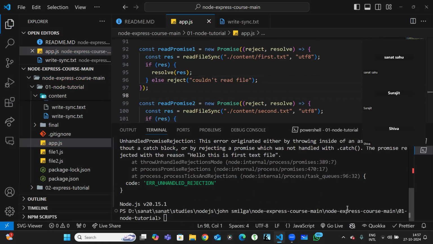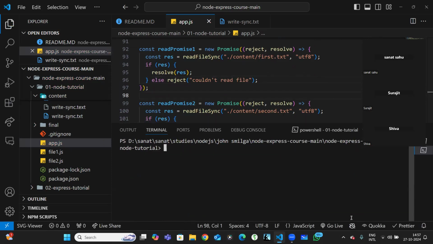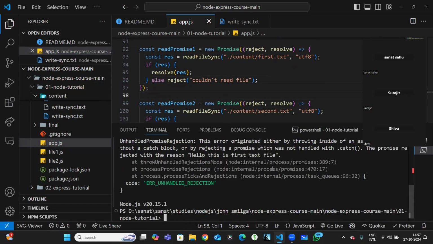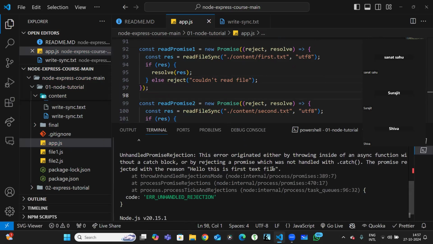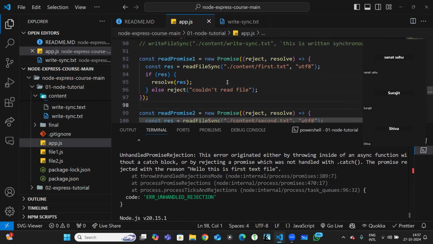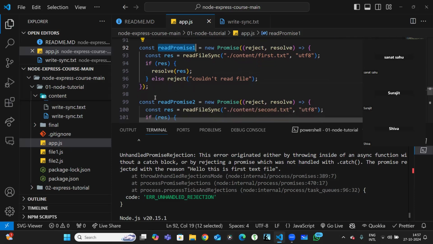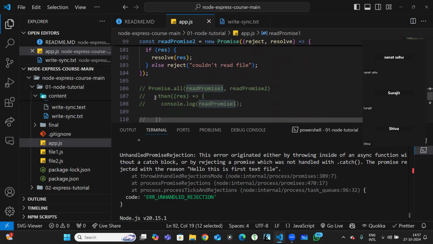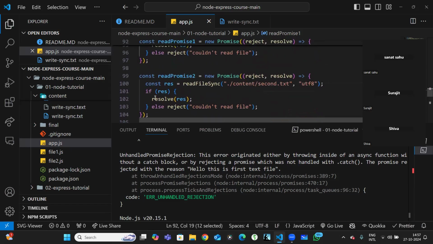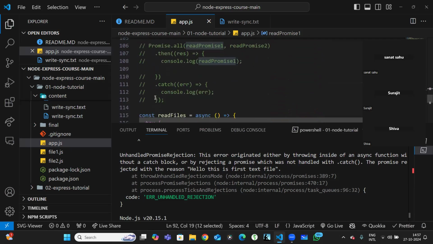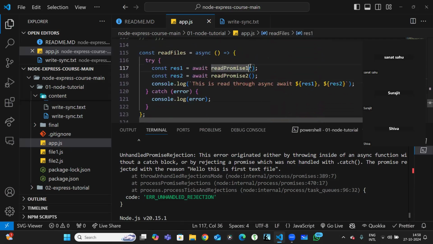Let's save this. Again, this one, unhandled. So it is expecting that every time we read a promise, we have to use a then catch block to either request or respond or reject it. So the other technique is, instead of reading the promise,